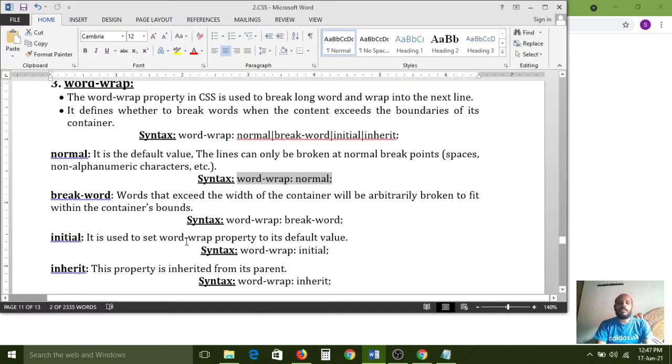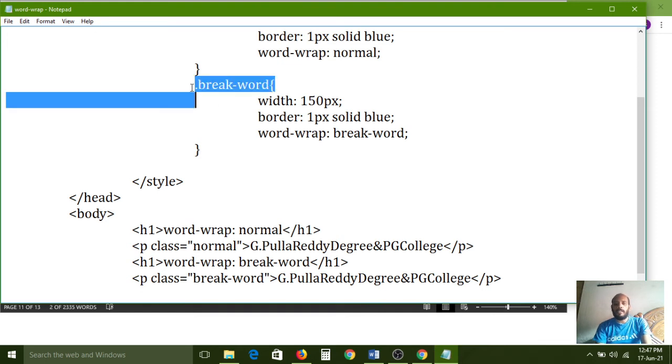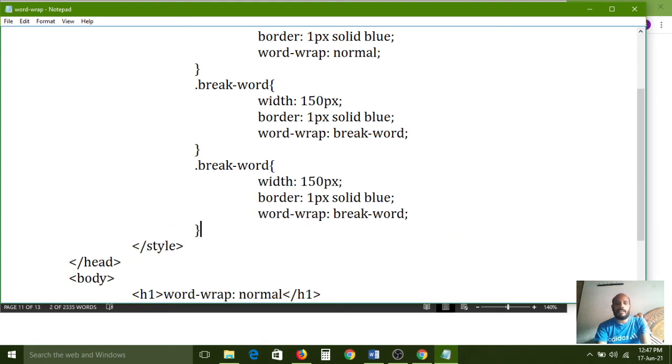Now the third value is what? Initial. So now I am copying this entire CSS style and pasting it again here. Instead of break-word, I would like to place initial. And here also the word-wrap property you need to assign with the initial keyword.